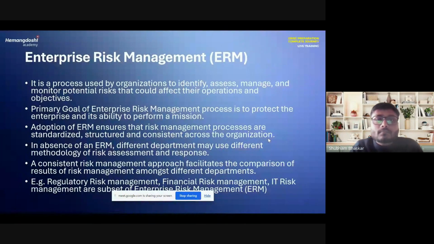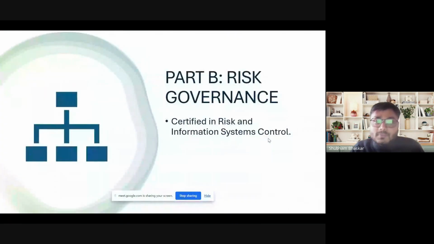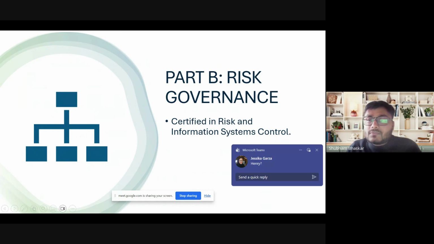So we are in part B. Domain 1, part A is completed. We are in part B, which is the last part of domain 1. Once this is complete, which we will be able to do in the next 1.5 hours, we will have successfully completed domain 1. And tomorrow, what I will be solely doing is going through the questions and answers, because I believe that